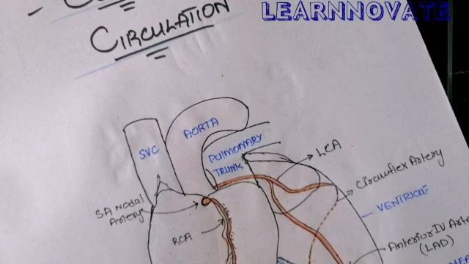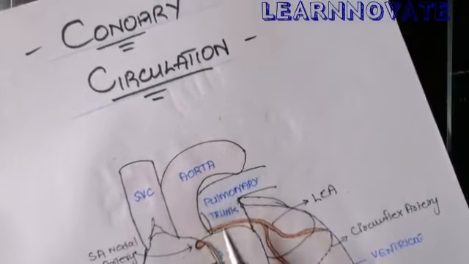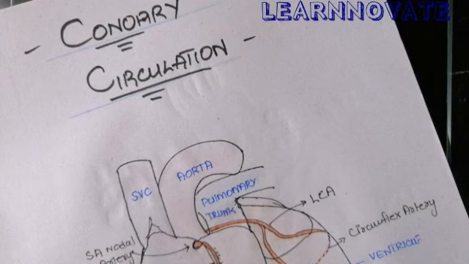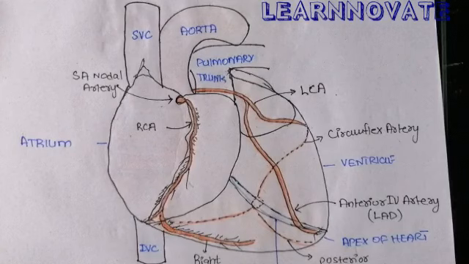In this video, we're going to discuss the coronary circulation of the heart. We're going to discuss the arteries, and also the vasculature, including the coronary veins. As you can see here, this is the structure of a heart. It is not an anatomical diagram, it is just a schematic diagram to better explain the vasculature of the heart. In this diagram, we are going to see the coronary circulation, that is the arterial supply to the heart.